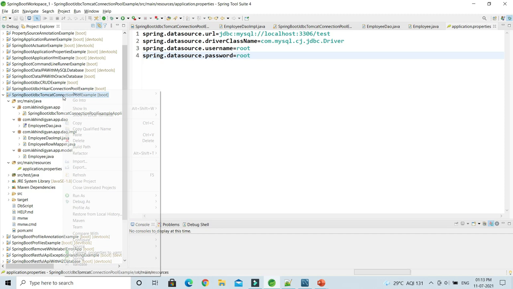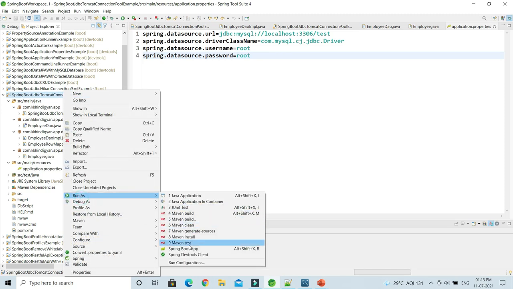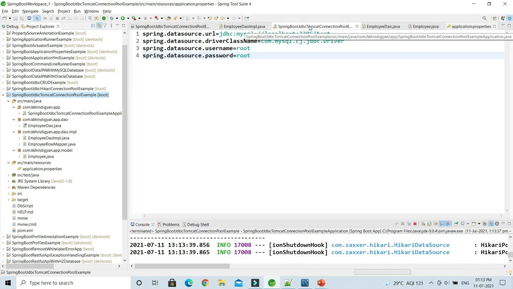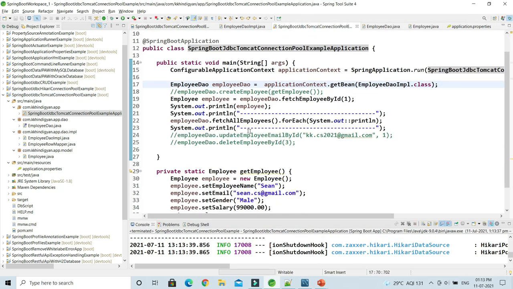Now if I run this application, let me show you how it behaves. Currently in my bootstrap class, I'm just calling two APIs. One API is fetch employee by ID, and there I'm passing employee ID 1, and the second API I'm calling is fetch all employees. This will fetch all the employee information currently available in my database.